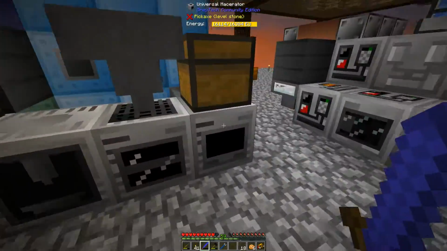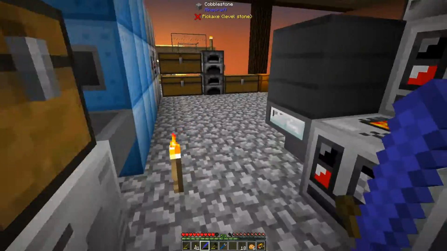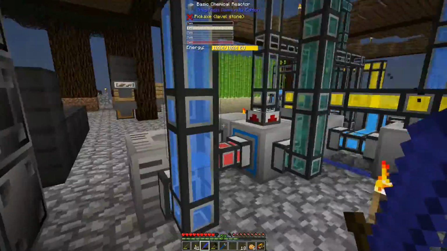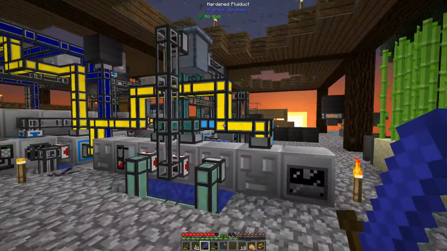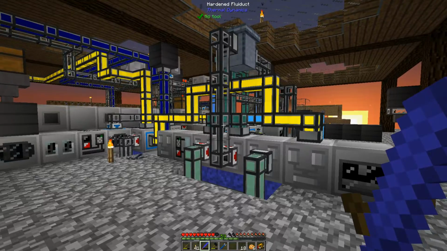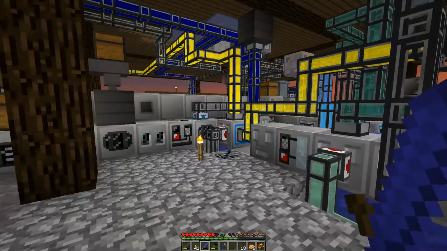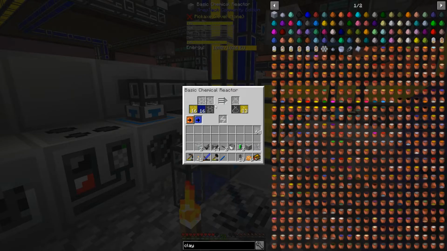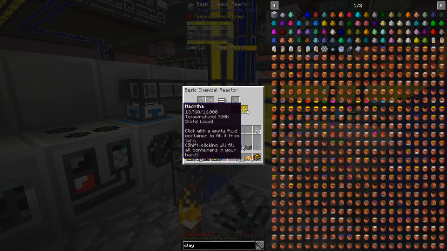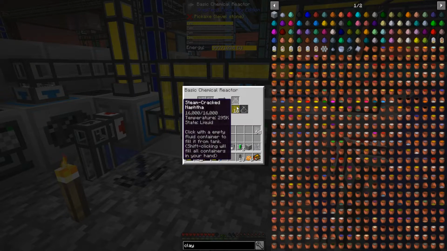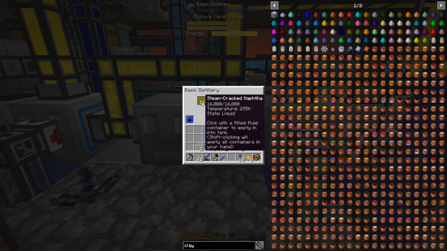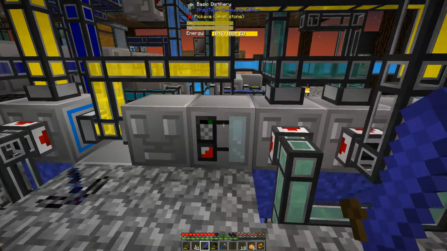But a couple other things, I'm gonna get those going, but first, really quick, I automated this entire production line over here. Really quickly. Turn that into naphtha, send the naphtha over here, turns into steam, cracked naphtha, turned into the propene, which gets